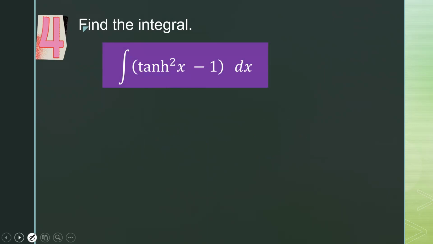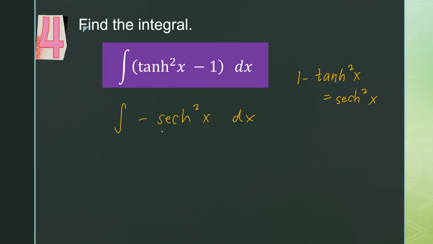Okay, so ano na po tayo? Fast forwarding our timer, no? So take note that this is the negative of this one. Diba? Bakit ito yung minimension natin? Kasi this is an identity equivalent to sech squared x. Since it is the negative of that, this will become negative of sech squared x